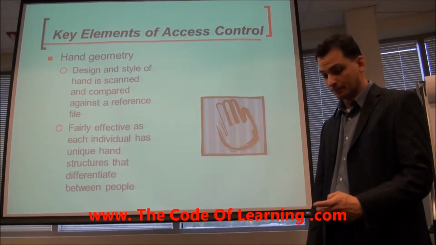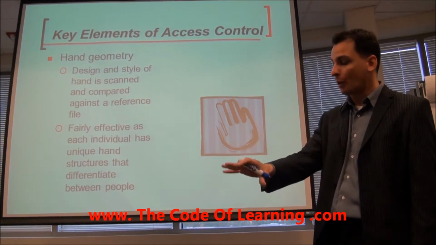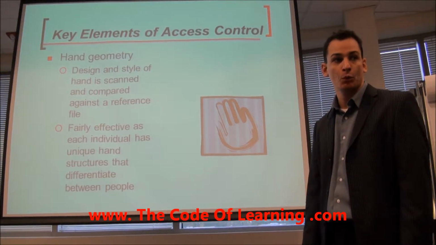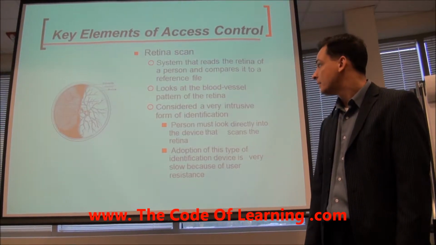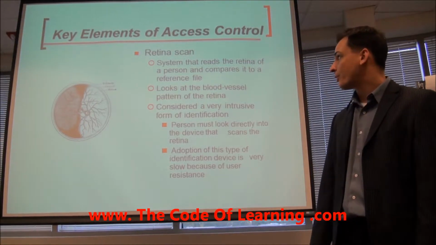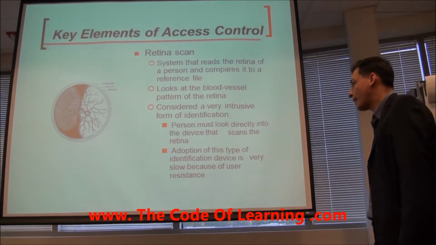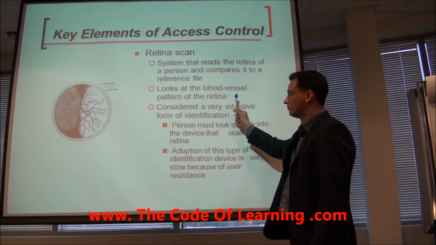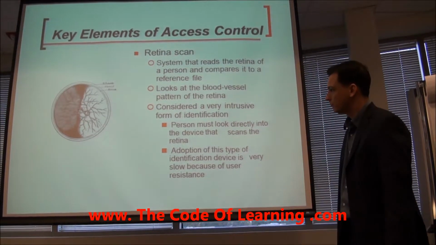Again, it's comparing what you supply to what's in the system. And you see these quite commonly on movies and things like that. Then you got retina. Retina begins with the R. Blood is red. So this must look at the blood vessels. But you have to look